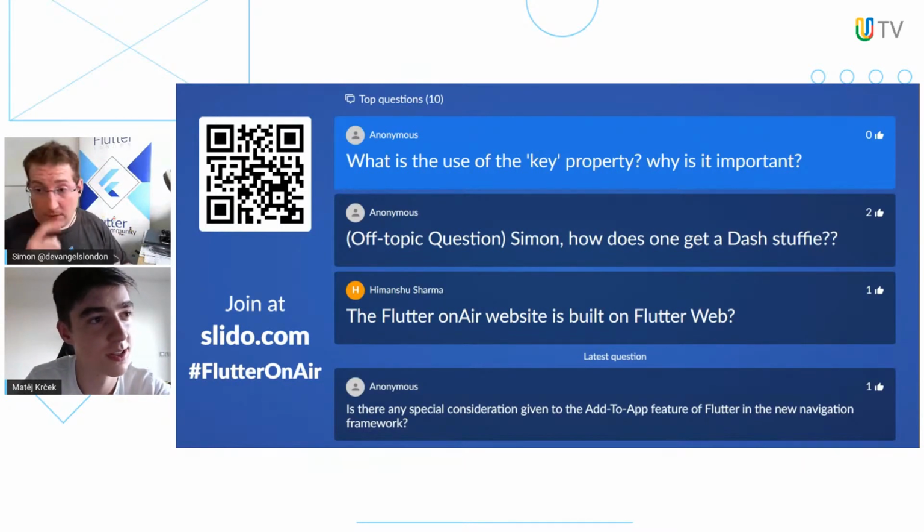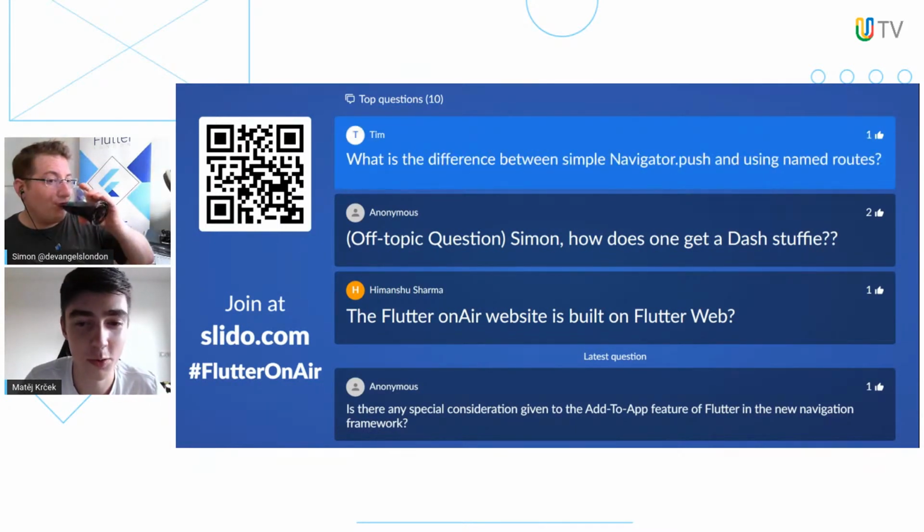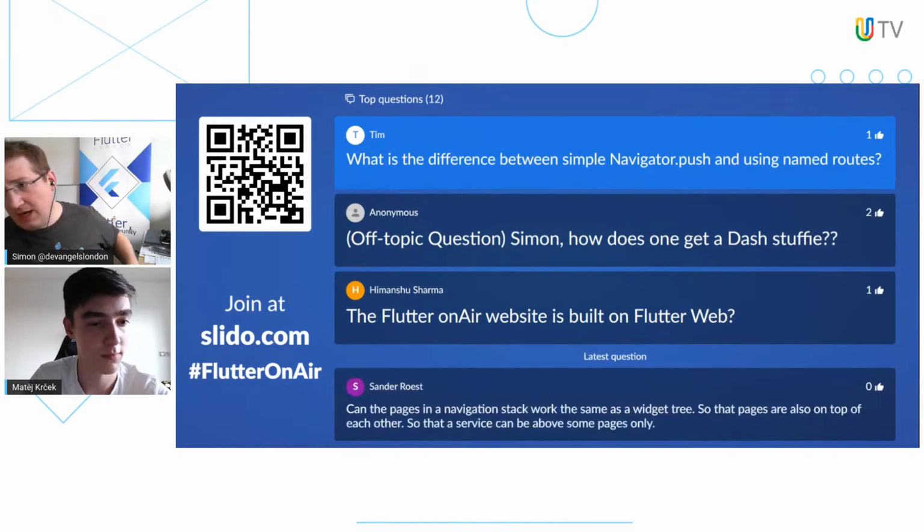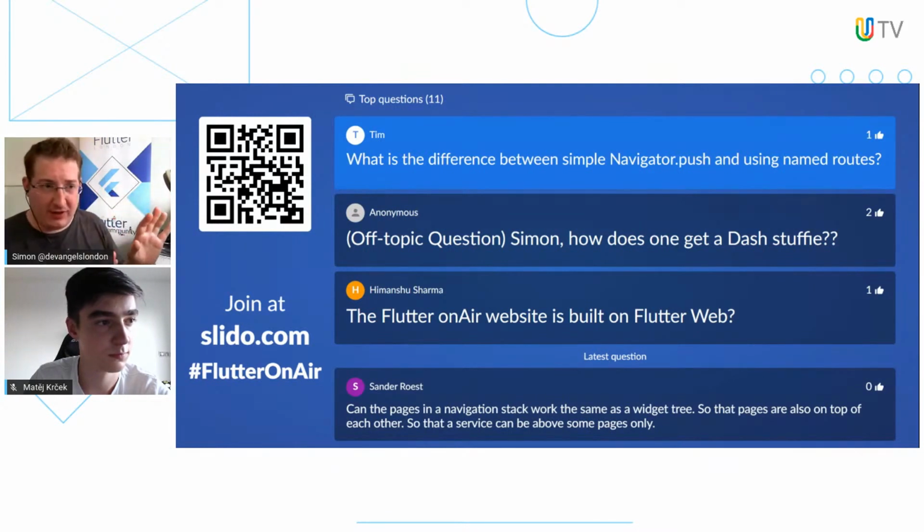Okay. And what is the difference between Navigator.push and using named routes? I just want to be clear about something that I don't think people understand. A named route simply goes through a table. The way named routes work in Navigator 1 is you pass a name, and it puts that name through a table and gets a route back out. That's all it does.